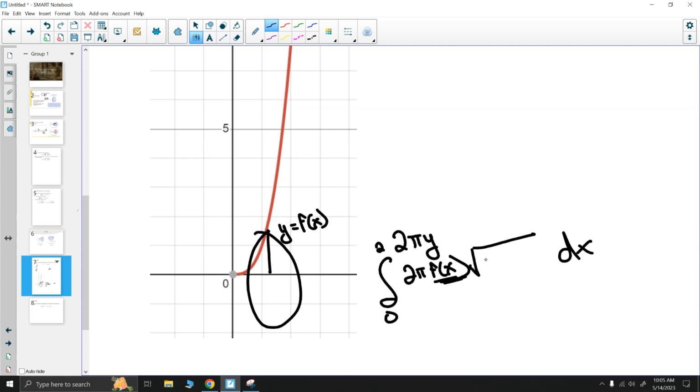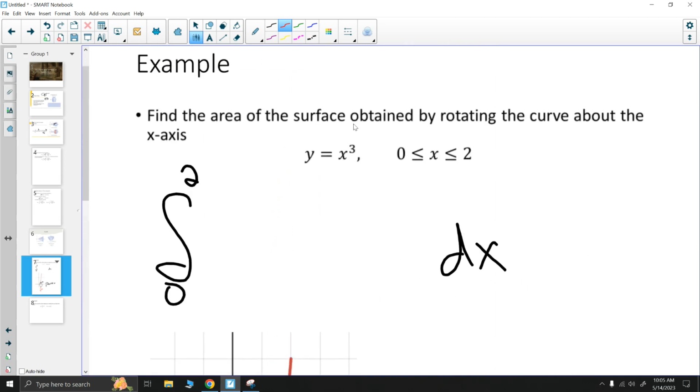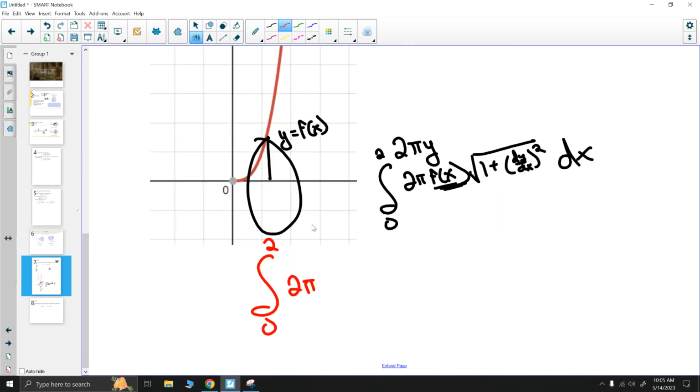And then we're going to take the square root of 1 plus our derivative with respect to x, because we want x's here. So that would be dy dx squared, something like that. So that's what we're going to do. Going back to plug this in now, 0 to 2 pi. Now again, the radius is y, or f of x, but we want it in terms of x cubed,